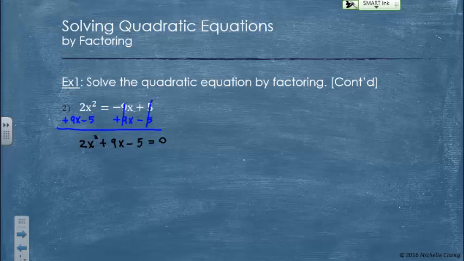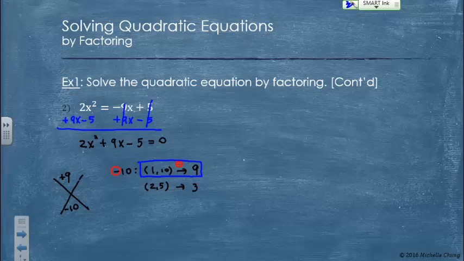So now we have to factor the left side. So let's make a big X. On the top we have positive 9. On the bottom, 2 times negative 5 is negative 10. So now we will think about negative 10. 10 has two pairs, 1 and 10 and 2 and 5. And because 10 is negative, we have to think about the difference of those two numbers. This is 9 and this is 3. So between these two pairs, the first pair will work for this trinomial.